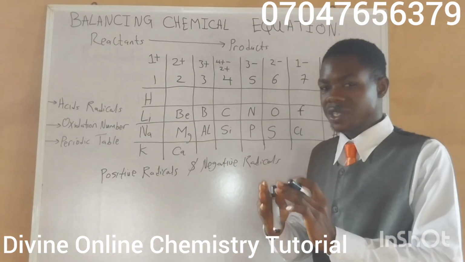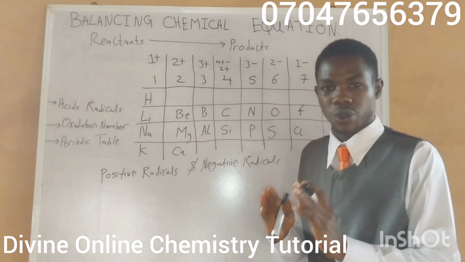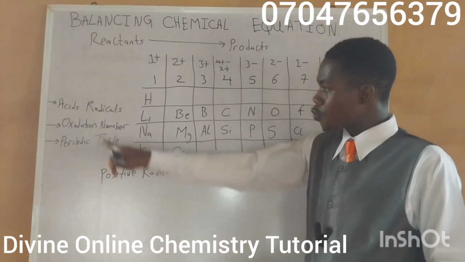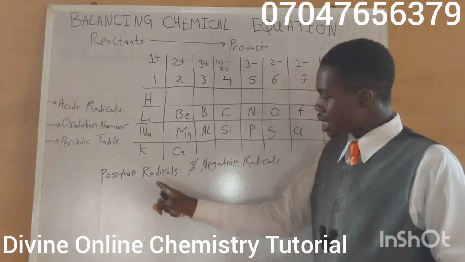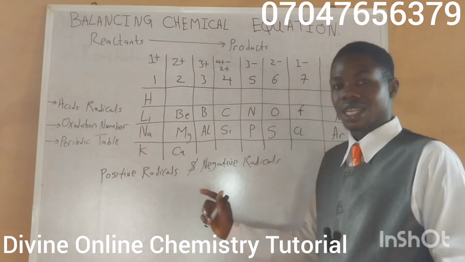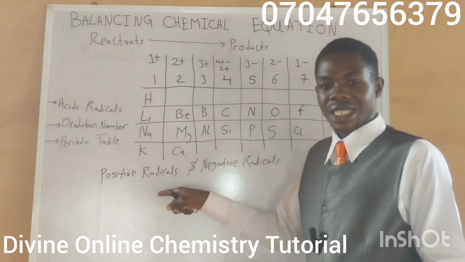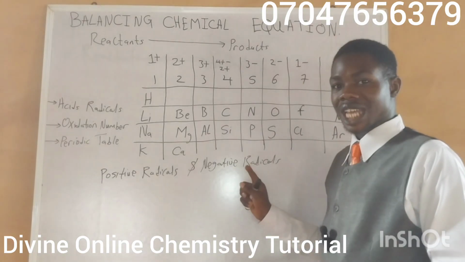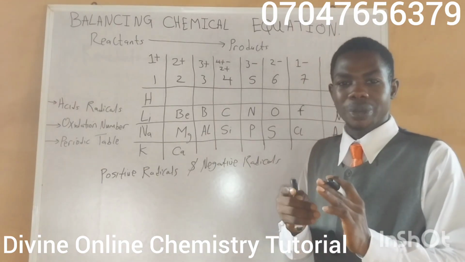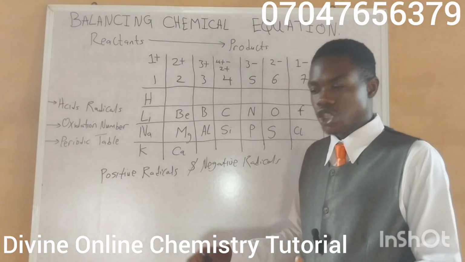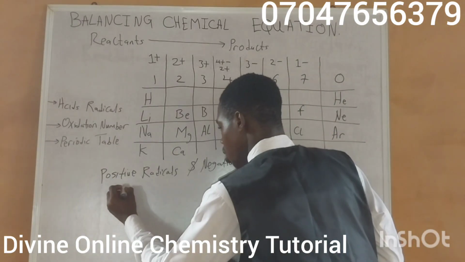Please take note of this. They are very essential in balancing of chemical equations. You can't balance a chemical equation perfectly well without having an understanding of radicals. Like I said earlier, we have positive radicals and negative radicals. Positive radicals have positive charge, while negative radicals have negative charge. An example of a positive radical is ammonium, which has the formula